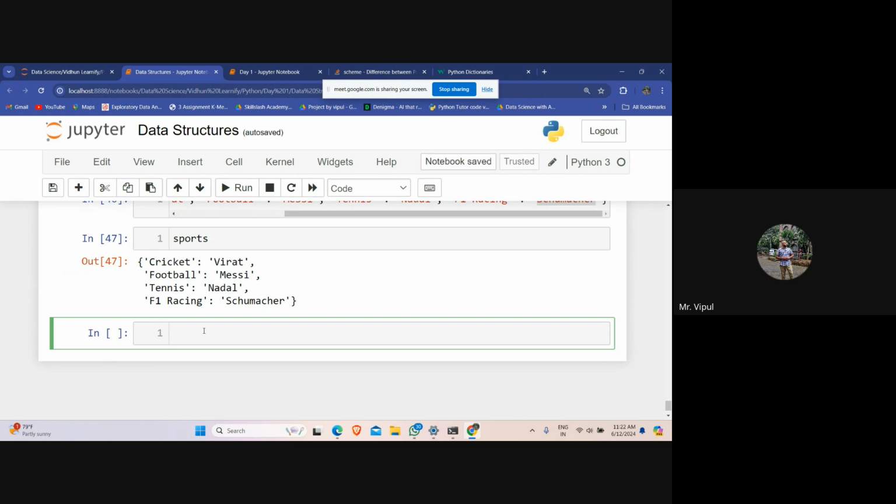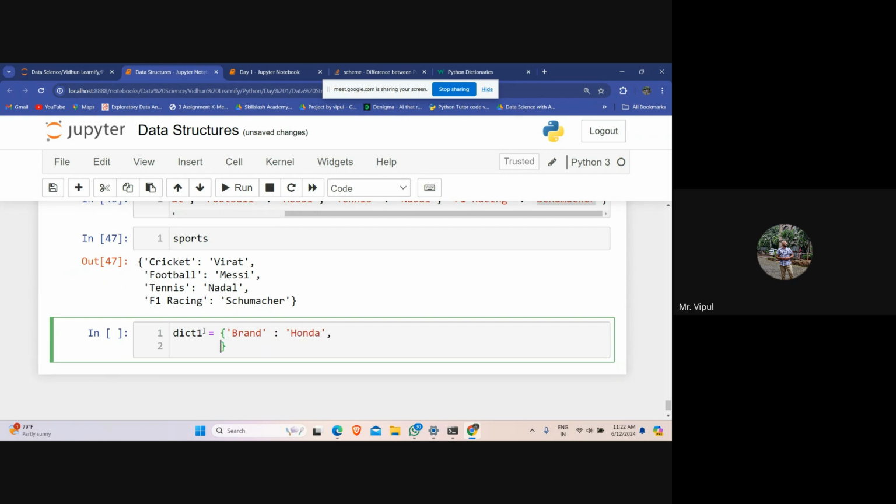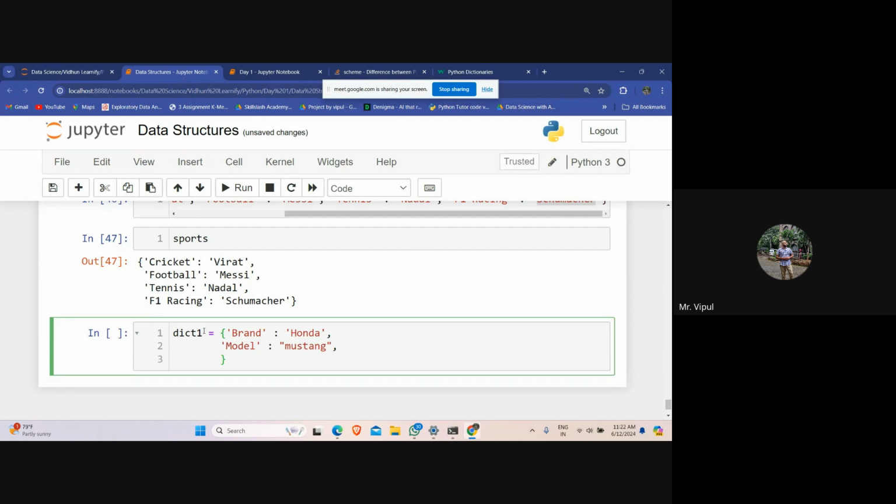Let's say we want to create one more dictionary. DICT1 is equal to another dictionary. Let's say in that we are giving brand as Honda, then model as Mustang, and year as 1964.